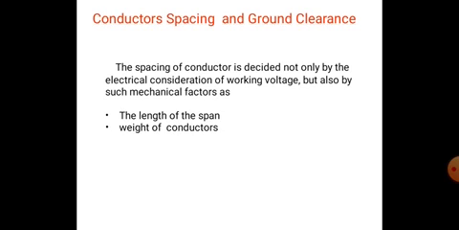Mainly, if the voltage increases, the spacing between the conductors should increase, and the increase in voltage decreases the mutual induction between the earth and the conductor. And locality: depending upon the locality of the transmission lines, that is, if the lines are in an open area, the conductor spacing is more in order to avoid short circuits during heavy winds.